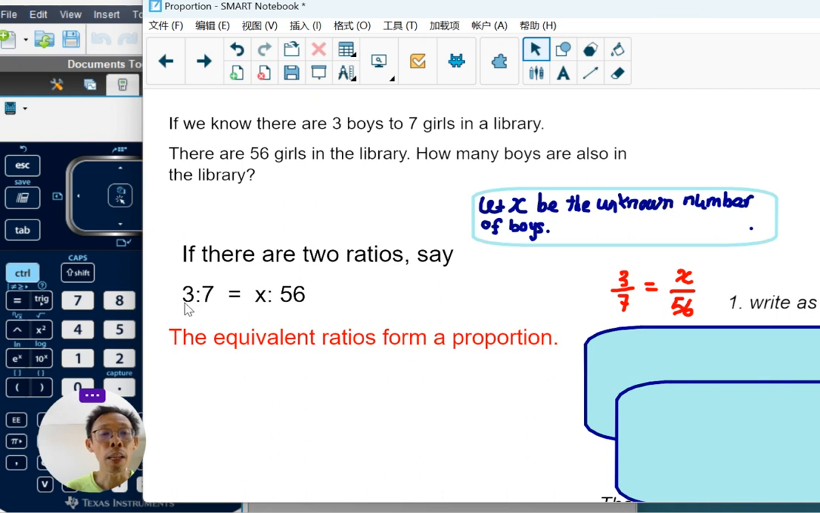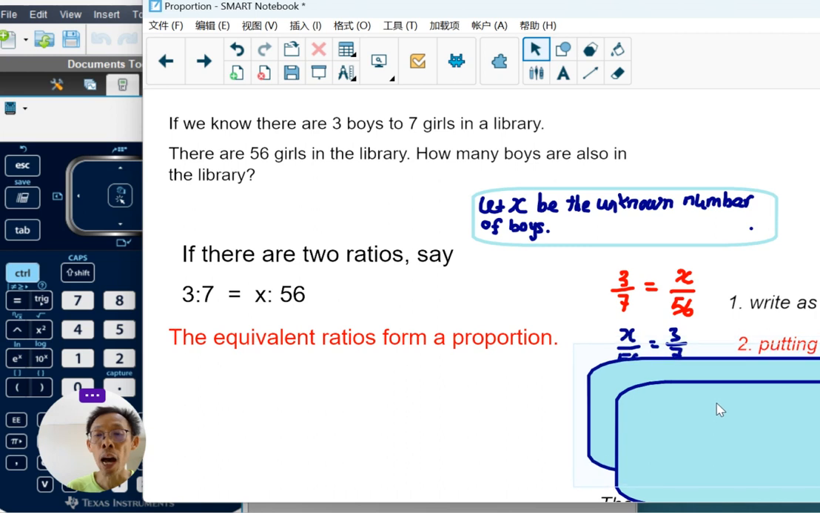The number in front of the ratio goes to the numerator. The number below, the second number in the ratio, becomes the denominator. So 3 to 7 becomes 3 over 7. X to 56 becomes x over 56. Then we now